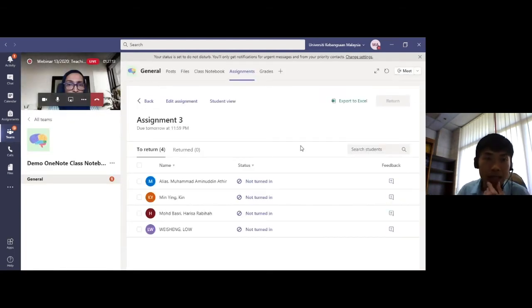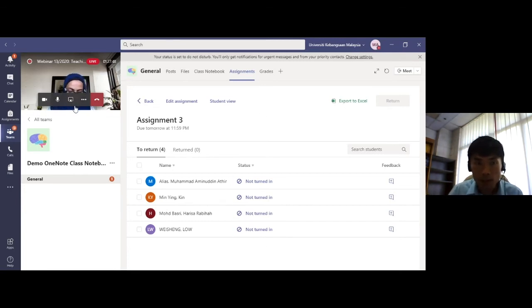So why do I link the assignment to this Microsoft Teams? Because I like the function of export to Excel. This is especially important if this is a graded assignment. So you want to have all the marks being given properly to the students in the proper format, so you can ease your work to put it into the marking files. So you can use the export to Excel. Okay, so once you grade it, then you can export to Excel.